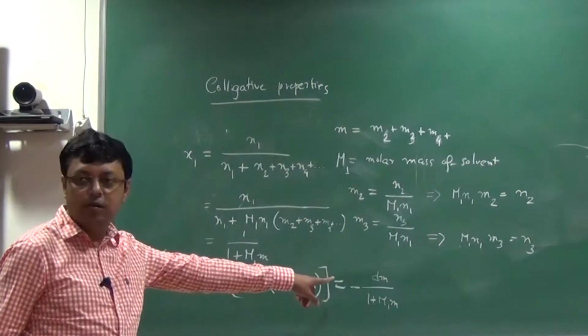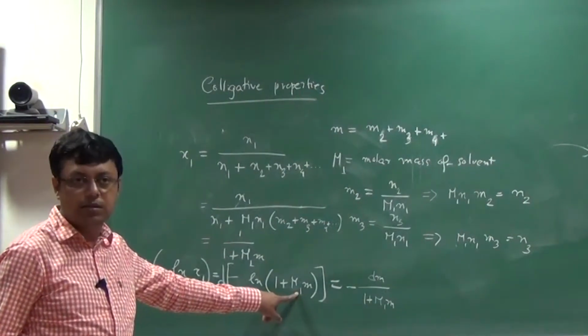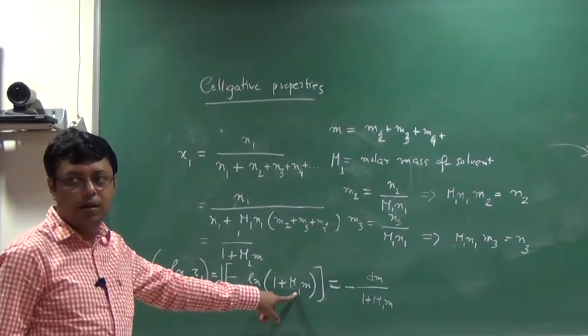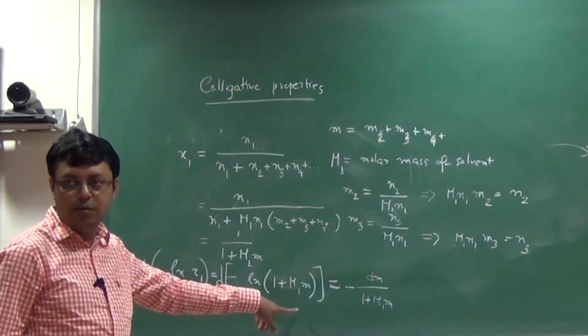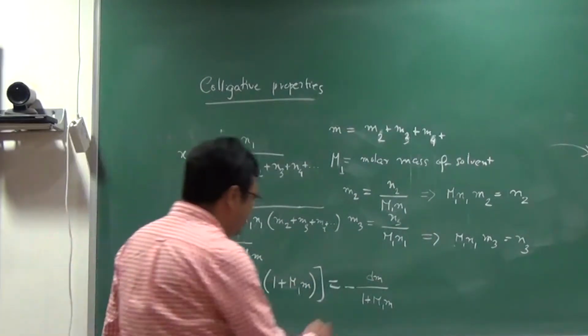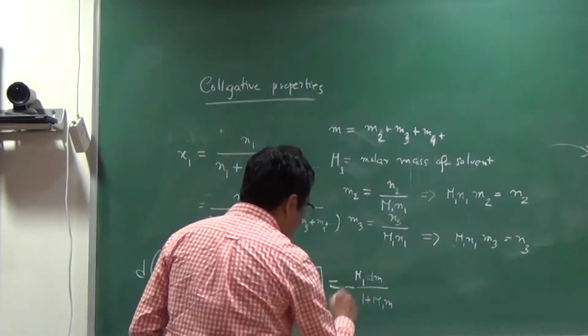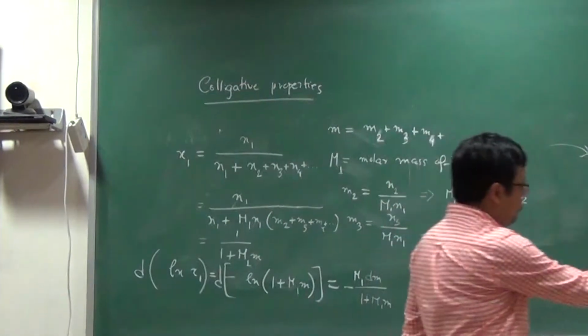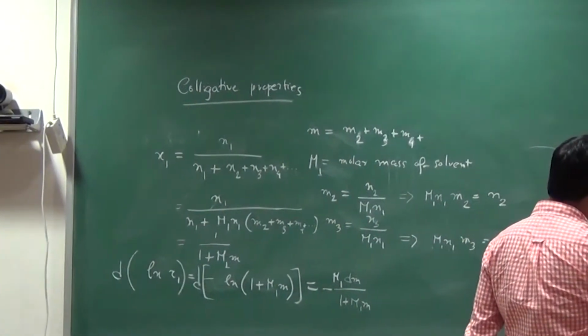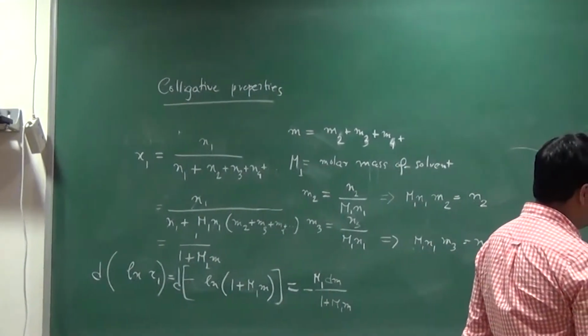There will be an m1 also, because I am taking the derivative of this thing. Let's say 1 plus ax. It is basically 1 divided by 1 plus ax, into a, into dx. So let me write m1. This is 1 plus m1 m. So what I will be left with is